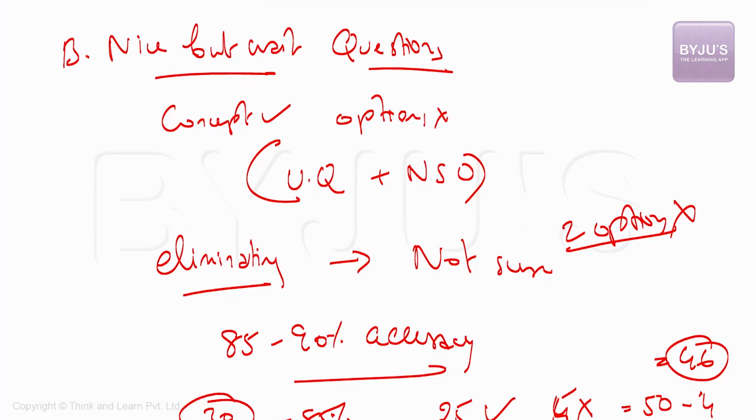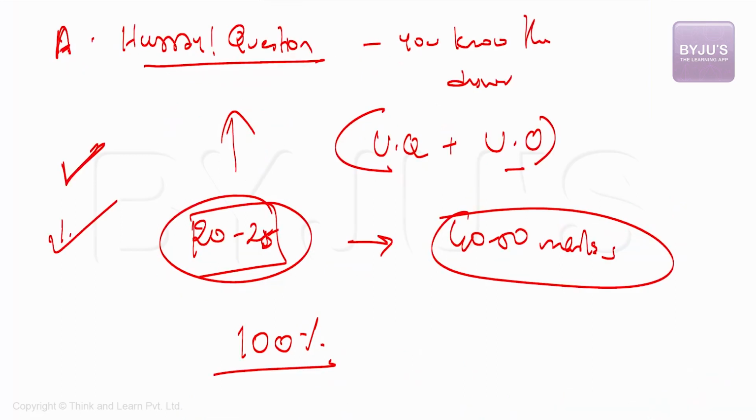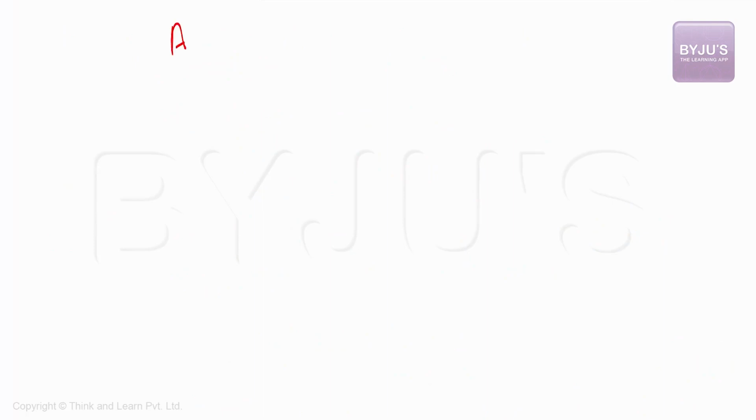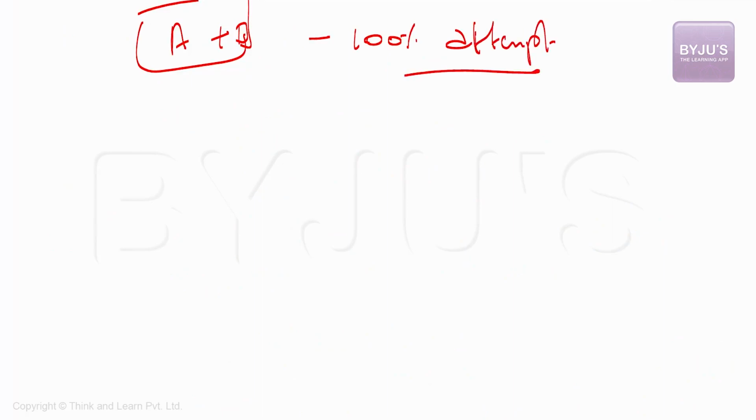So by the time we finish, category A and B are our 100% attempt categories. In these 2 categories, I want you to attempt all questions, right? So approximately how many questions are coming from these 2 categories? Only around 50 to 55 questions are going to come from these 2 categories, which means almost half the paper is in